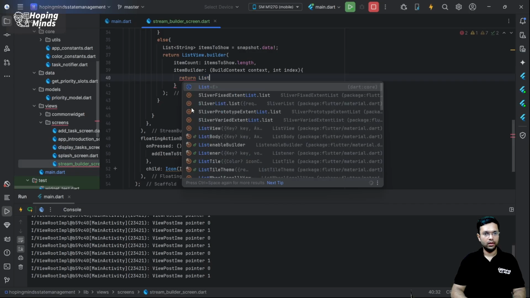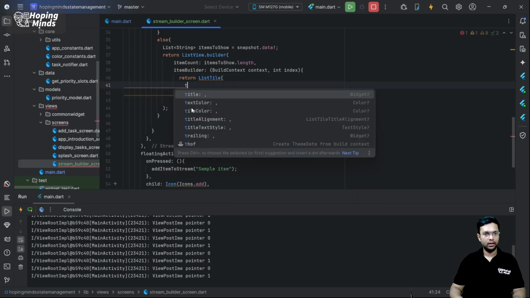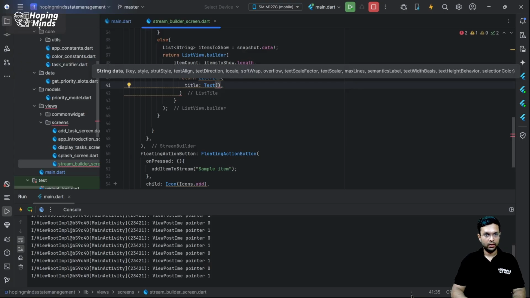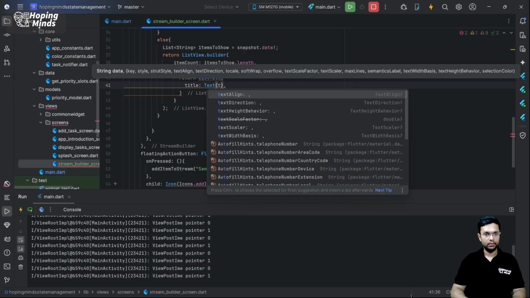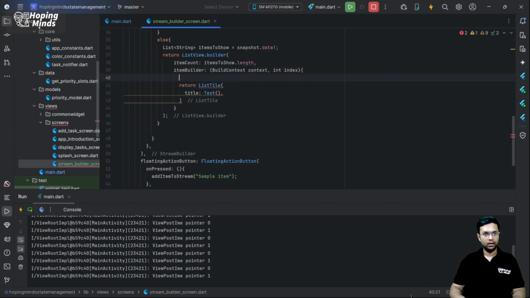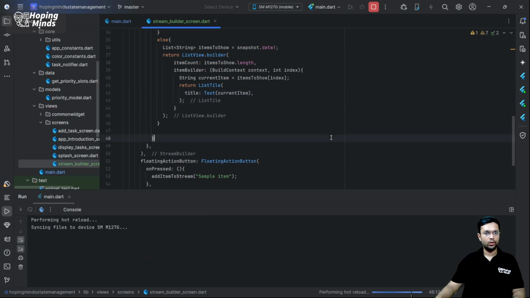I'll put list tile, and in items to show, let me just get the current item. And I'll put it over here. Now, when I put a semicolon and try to do a hot reload,